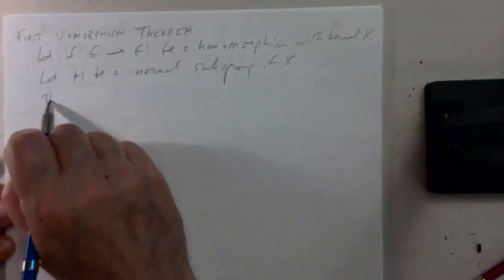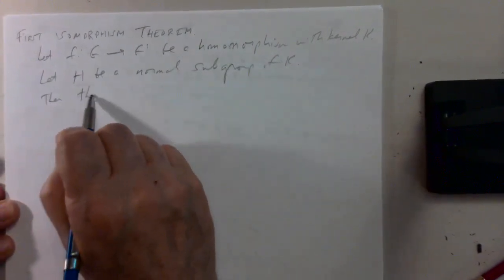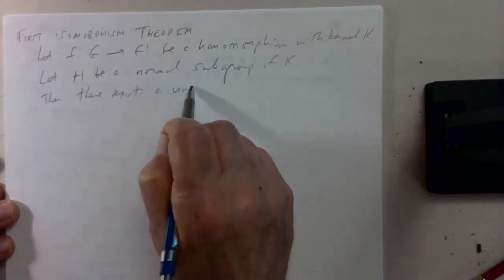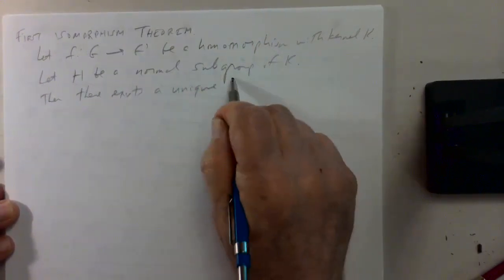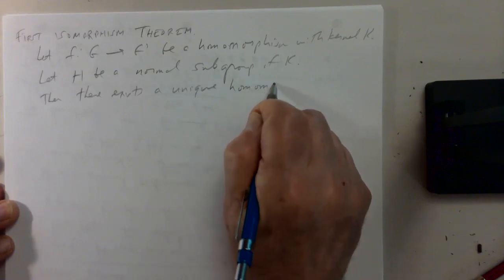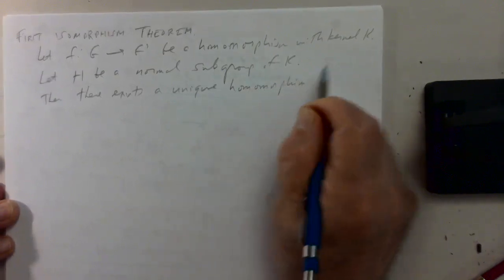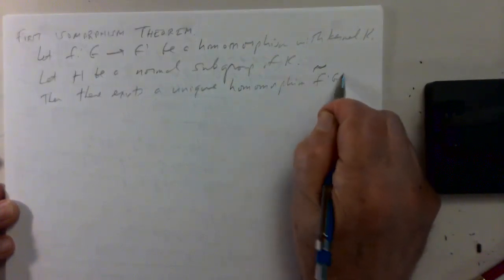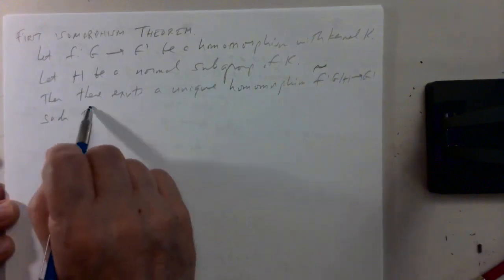Then there exists a unique homomorphism f tilde from G mod H into G prime such that